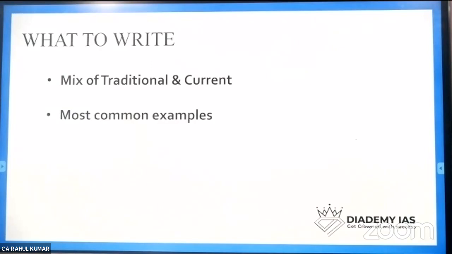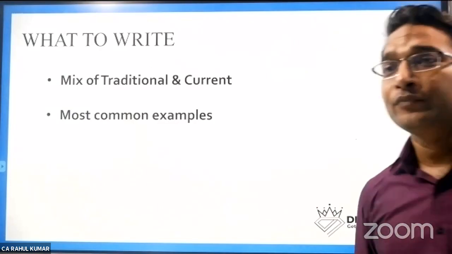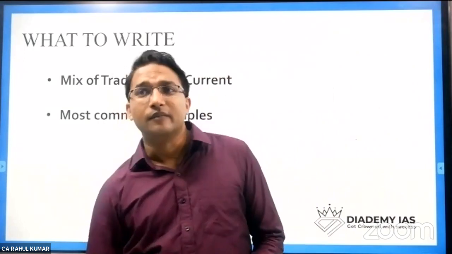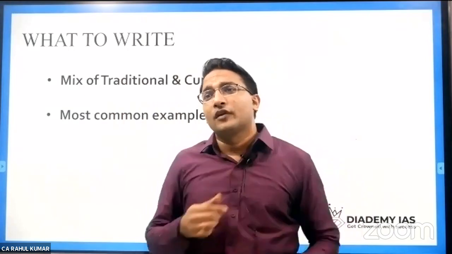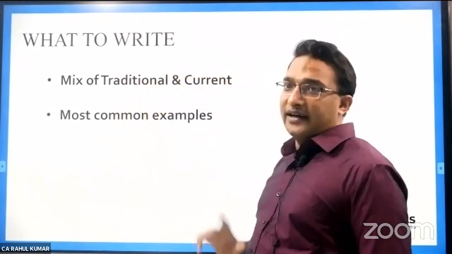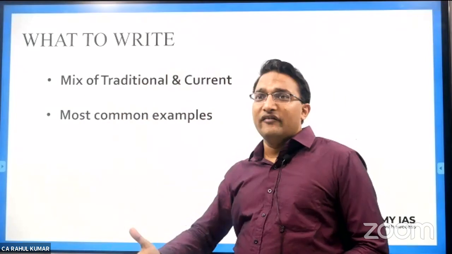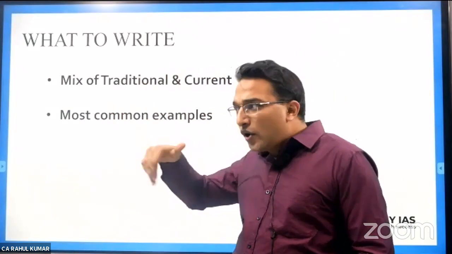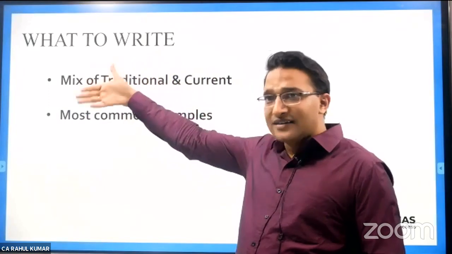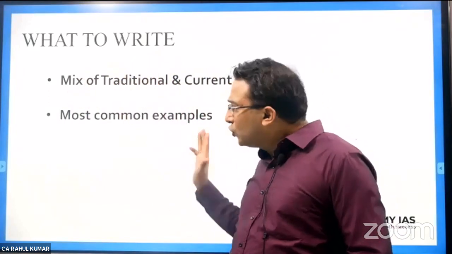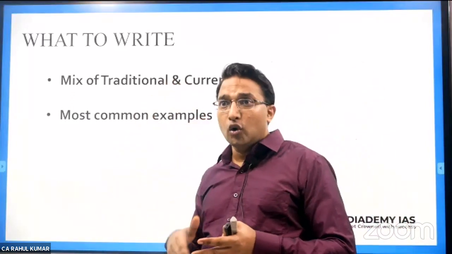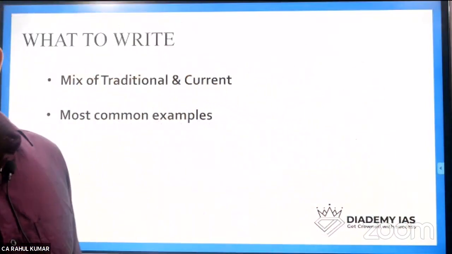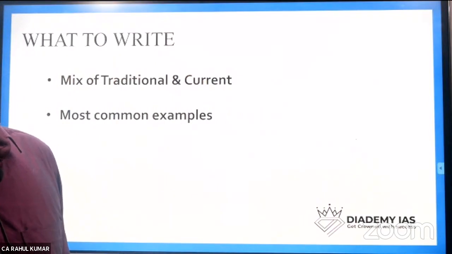So basically, he has used Hindi language. So those of you who don't understand Hindi, let me tell for your benefit that he is saying use both traditional and the current content. Maybe the evaluator is not aware about the recent development. So if we use the traditional example, the evaluator can appreciate it. Use the most common examples which are in the public domain, which everyone knows, not only that you know about it. I'm not saying you can't use others also, but you must use that content which is